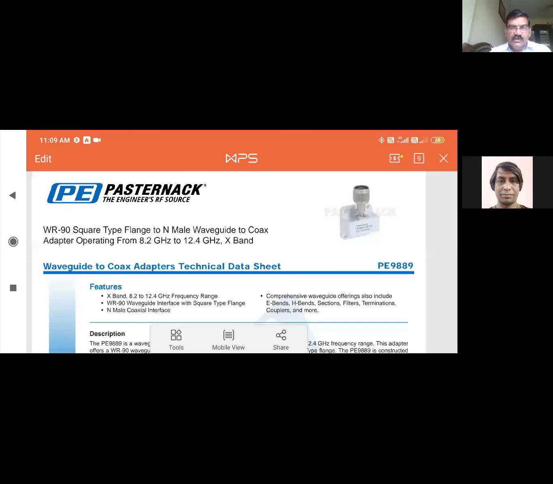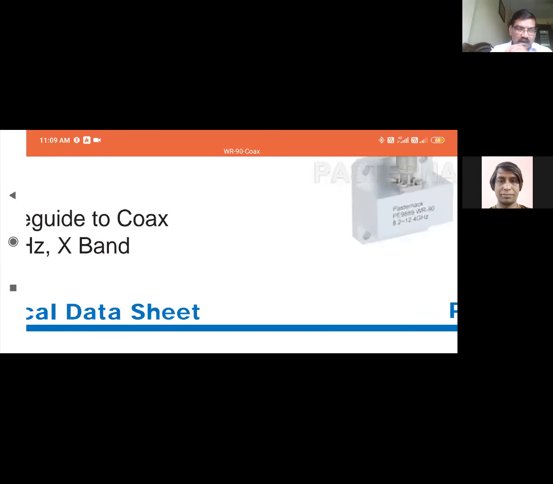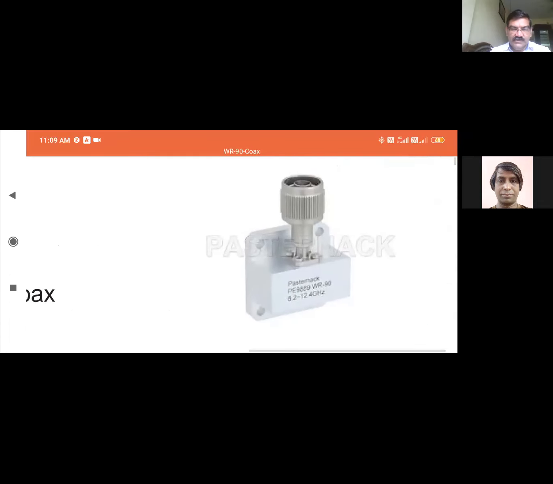Of waveguide and coaxial connector is there. So I will just zoom it. Now you can see that the circular structure is nothing but the coaxial cable, you can say. Actually, it's a connector, but you are more aware of the coaxial cable. So it's a medium to connect the cable with the structure which is shown on the bottom side of